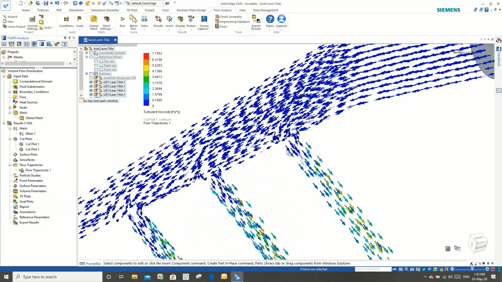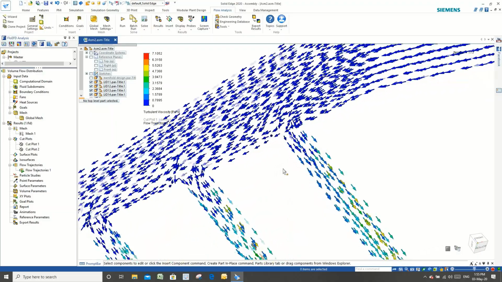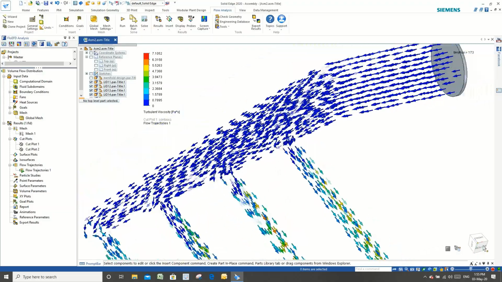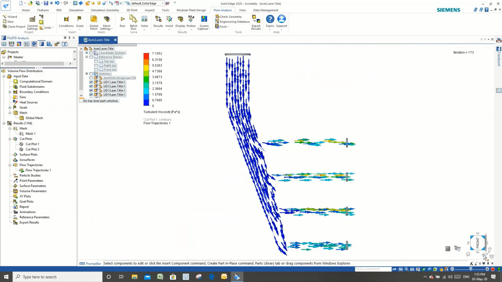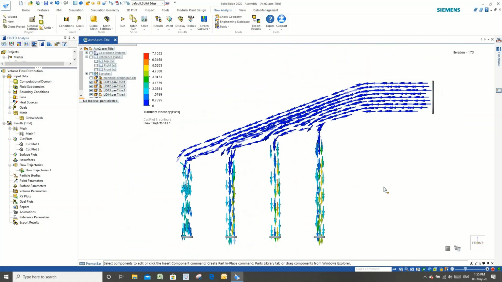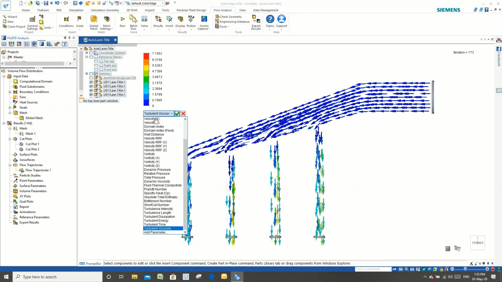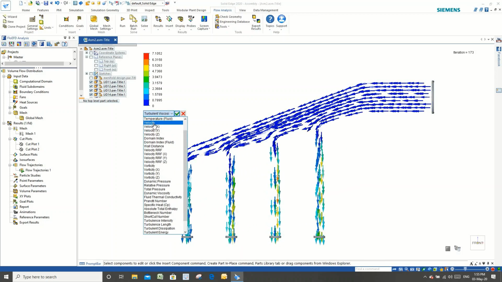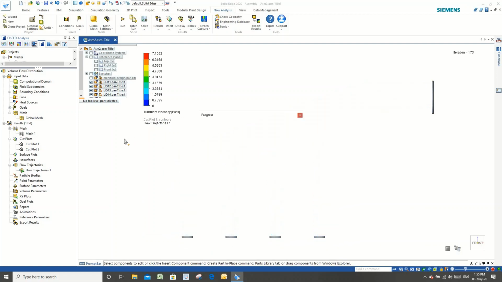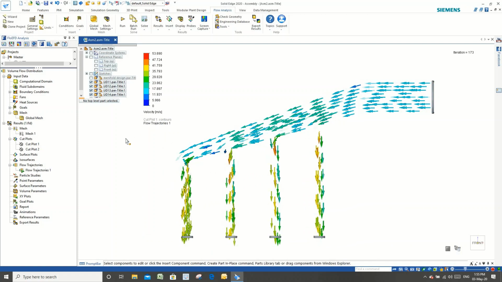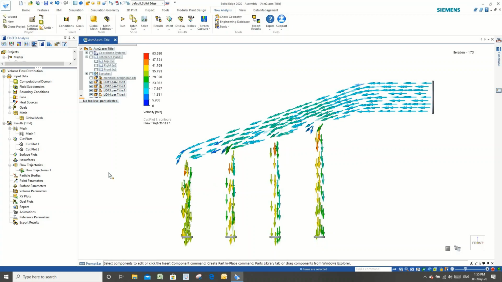So this is the relative velocity which you can see. Okay, and even during the play you can change the views and orientation, and even the plot also. So it will update instantly.